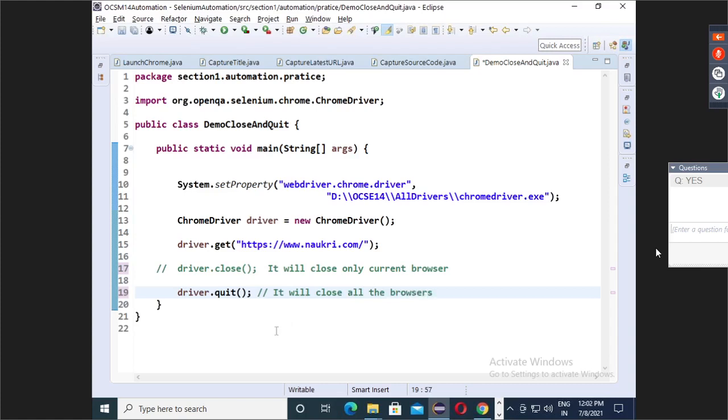It will close all the browsers. Is everyone clear? Lakshman, good question, but it is too early to get that. We will see that also. Don't worry. Okay. So, now guys, is everyone clear up to this?